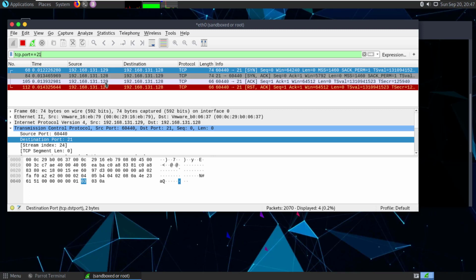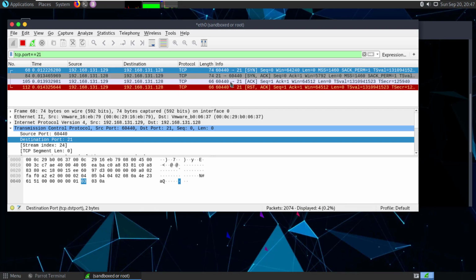Next, again 129 is the source. So the source is providing the acknowledgement to the destination: I got your response and now we can start communicating, right? So you can see SYN, SYN-ACK, ACK. These are the packets used for the three-way handshake, and this fourth one is for resetting the communication.